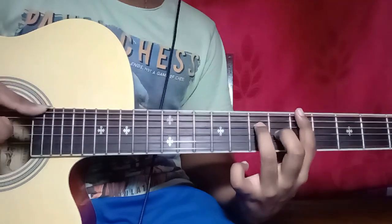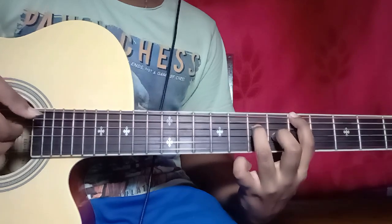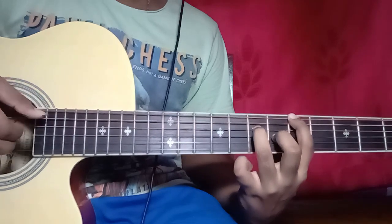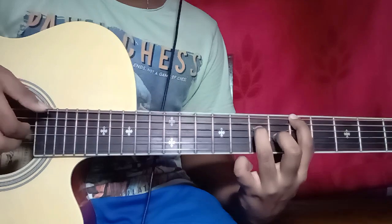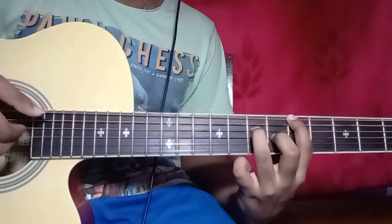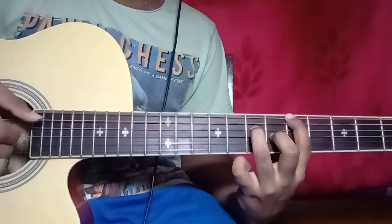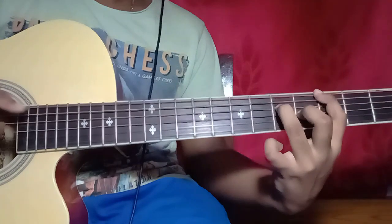So I pick the top string, then pick the other strings twice. So after playing the top string, you pick the 3rd string and the 4th string together twice like this. Then